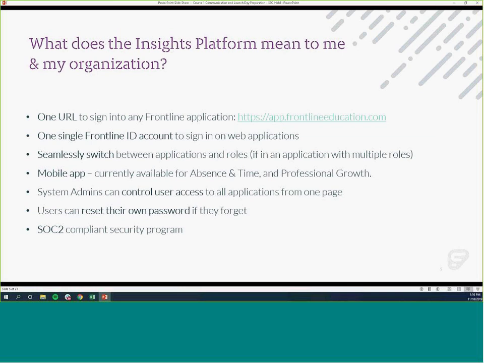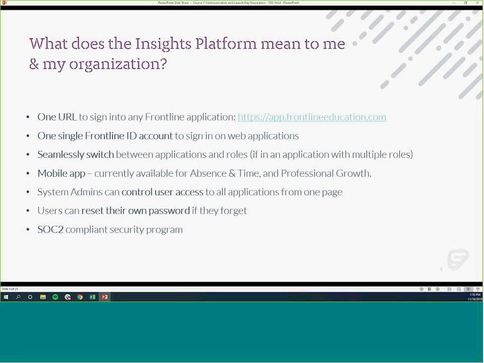From that, we also are going to the single Frontline ID account, which then what we're going to do is one login to rule them all. So you type in one credential, and you're able to enter into any application that you belong in. To do that also, we're going to seamlessly switch between the applications. So no longer do you have to remember what this URL is, these credentials, this URL, what those credentials is. Once everything will be blended together, you will be able to what we call app switch between all of the